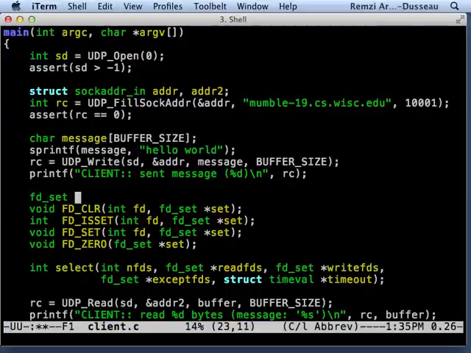So, okay, great. Anyway, the first thing we have to do is create one of these FD sets in order to,